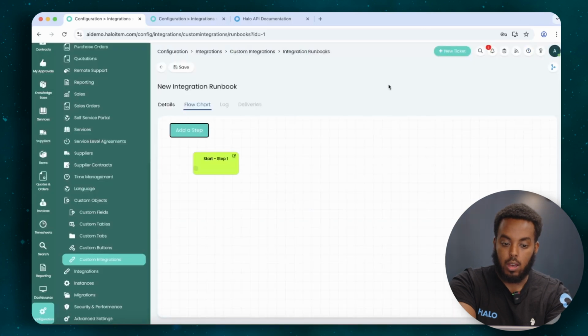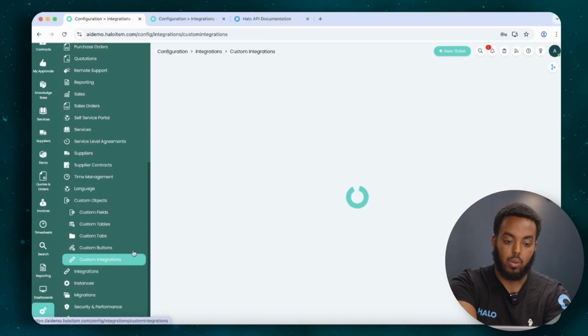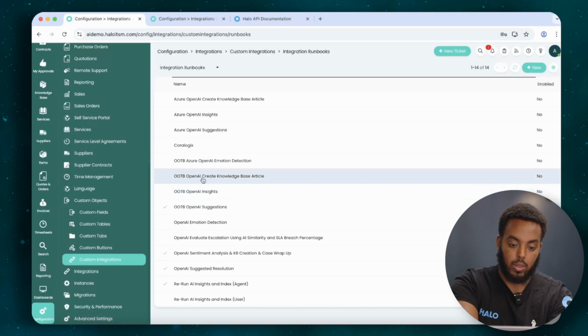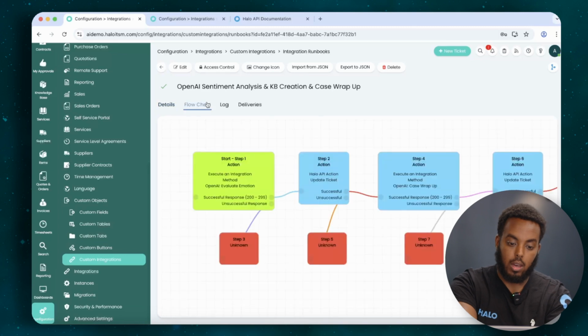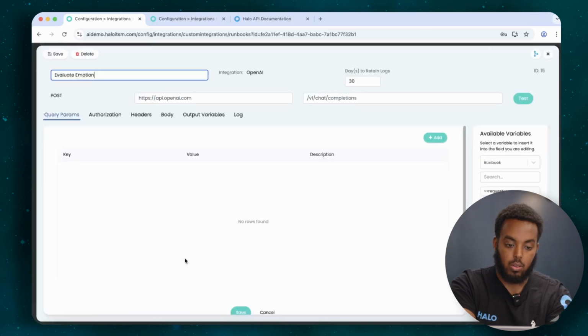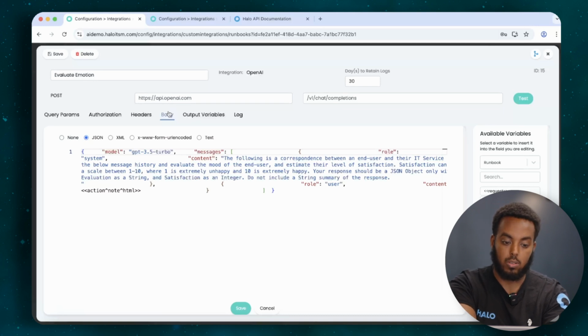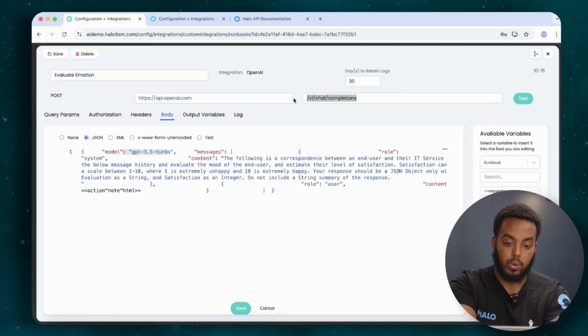So with this and what we've gone through in terms of custom integrations and runbooks, what we can essentially do is have a look at some of the ones that we have out of the box. If we have a look at the one for sentiment analysis and KB creation, we are essentially doing API calls to OpenAI in order to, in this case, evaluate emotion. You can then edit the body of that post that we're pushing across. So in this case, we can see this is the model that we're using within OpenAI. This will be the endpoint that we're calling on, and then the content in this case will be the prompt